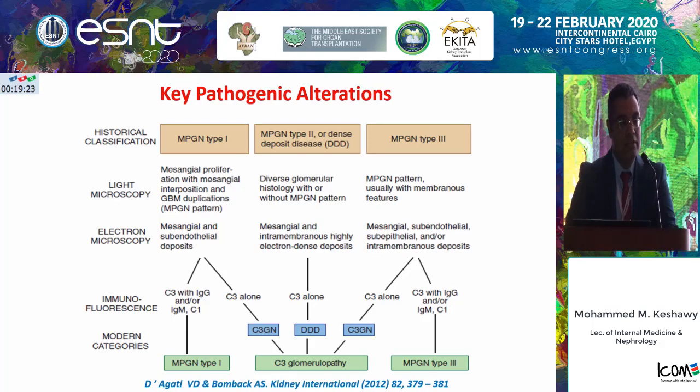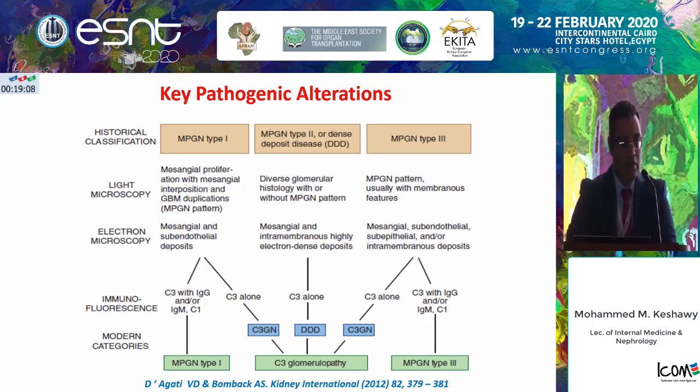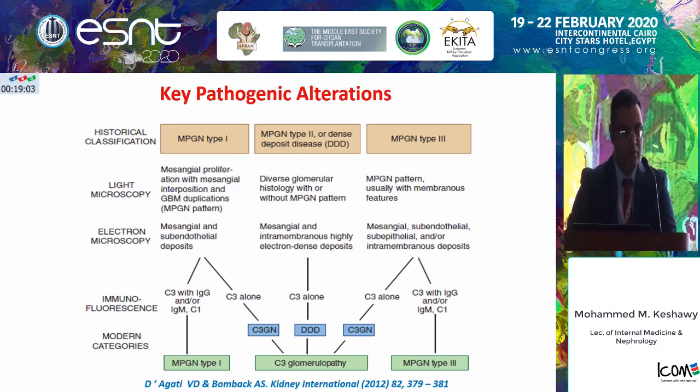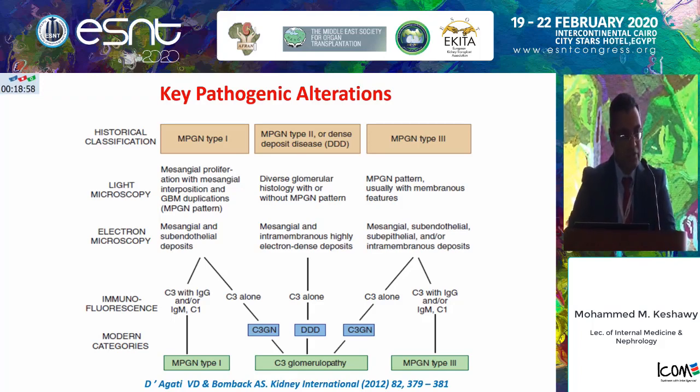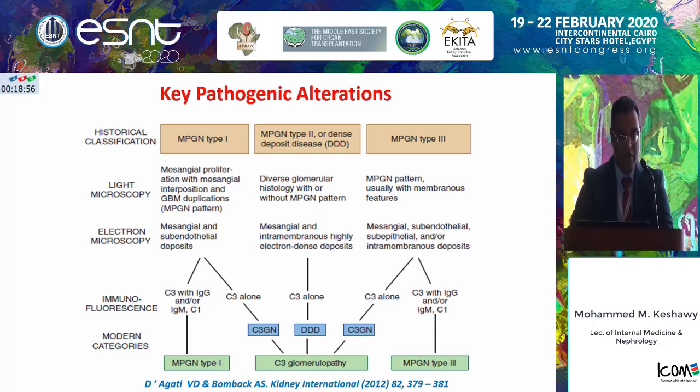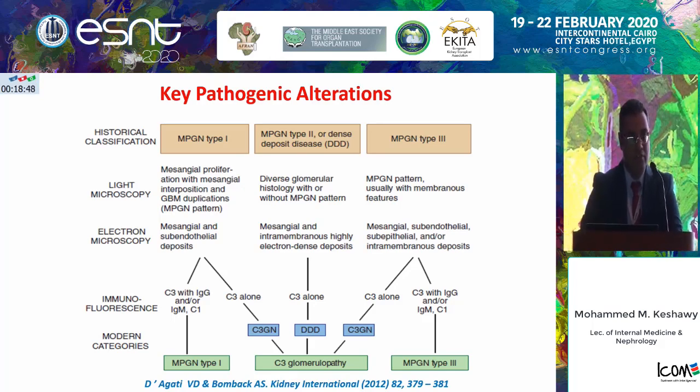As we know, since the late 60s, the main description for any histological pattern involving mesangial proliferation and double contour appearance was designated as membranoproliferative glomerulonephritis. Since the late 60s, this morphological description dominated the classification of MPGN. And with the advance of electron microscopy and the description of new deposits, the position of deposits further classified the MPGN into 1, 2, and 3, while the advances of immunofluorescence give us better insight about the deposit components,